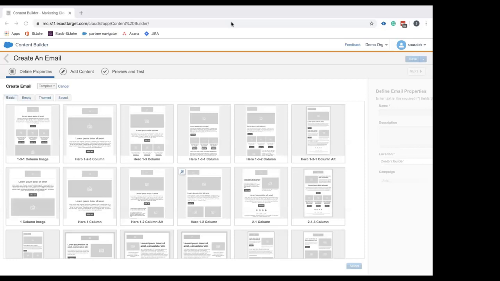One of the other question, do we have Trailhead modules available for SFMC? Yes, there are a lot of Trailhead modules available. You have Marketing Cloud Admin as a trail as well. And couple of days,